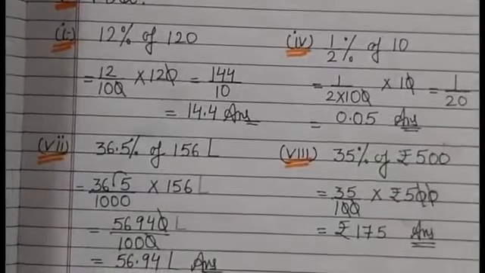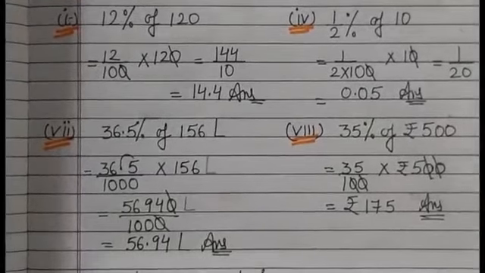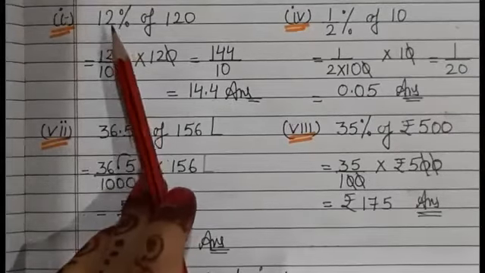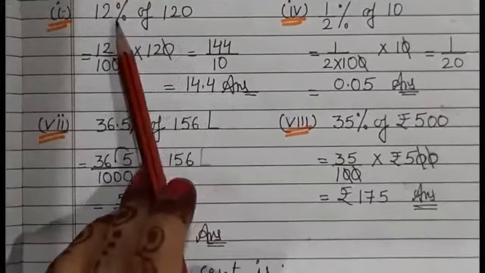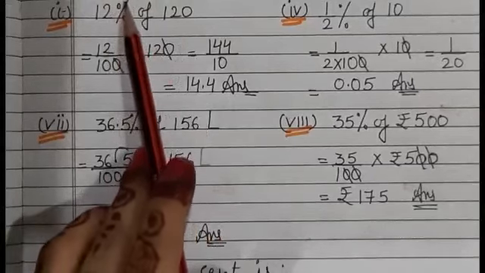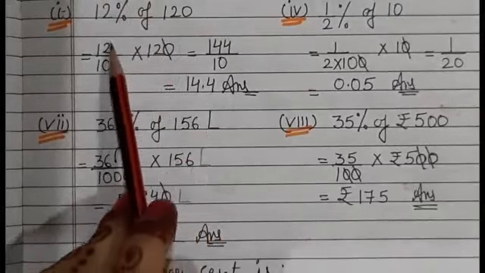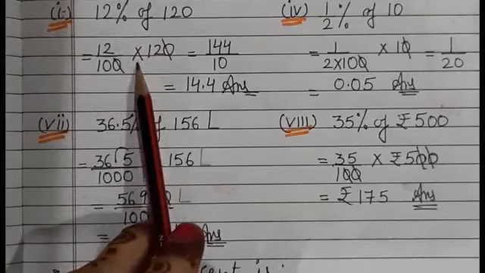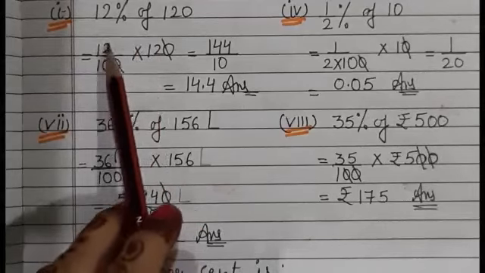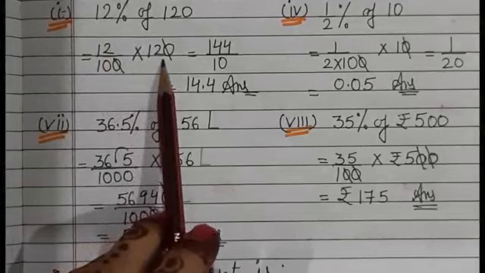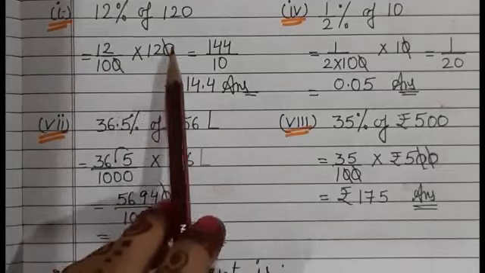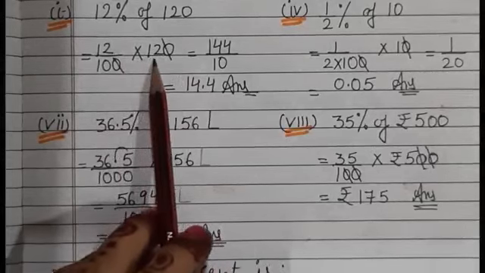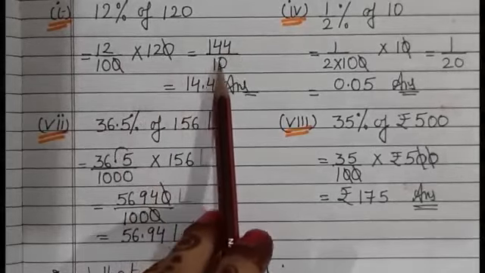Now come to chapter 8, percentage and its applications, exercise 8A, first numerical, that is find. To find first part, 12% of 120. So in that case, 12% of 120, first we have to remove this percent sign. So when we will remove, we have to divide it by 100. Of stands for multiplication, right? So it will be 12 by 100 into 120. Now solve numerator and denominator, 0 to 0 cancel. 12 into 12 will be 144 by 10.